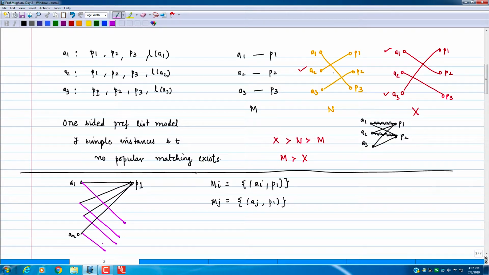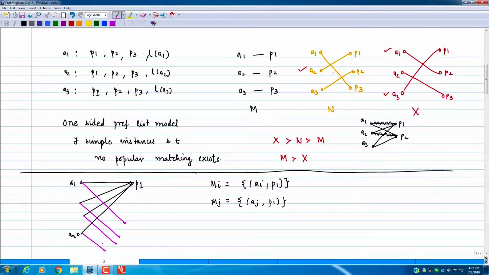Yes, you will have n plus 1 posts. So we are not saying that the posts should get matched. It is not a perfect matching like we talked about in the stable matching setting where you had n and n. Any questions? Yes.